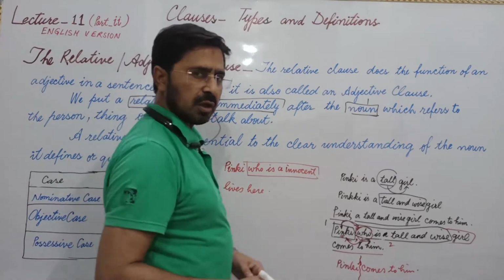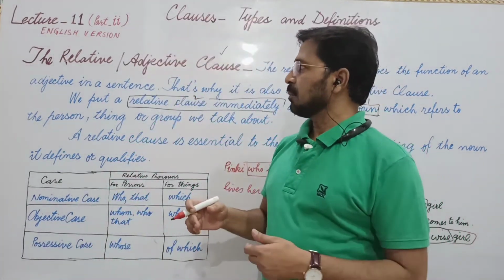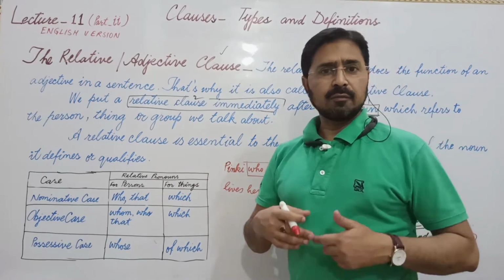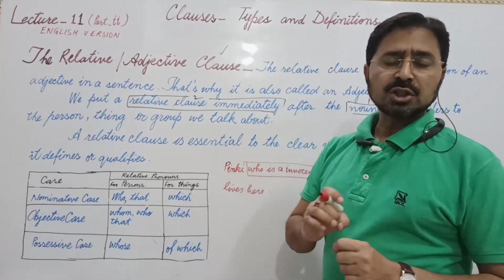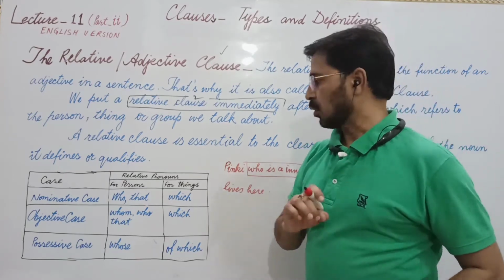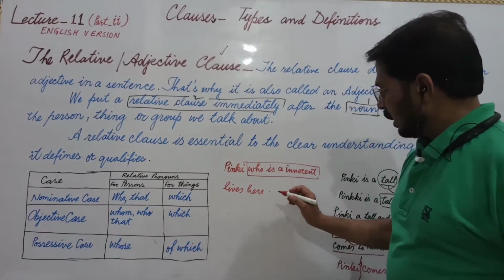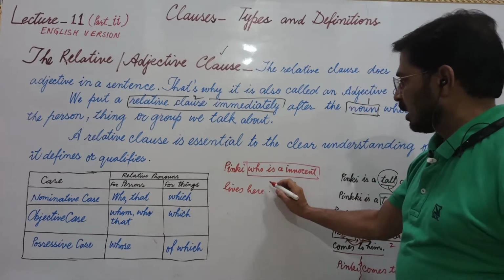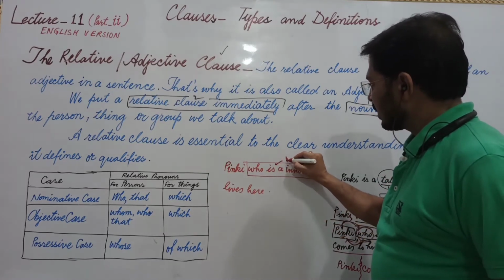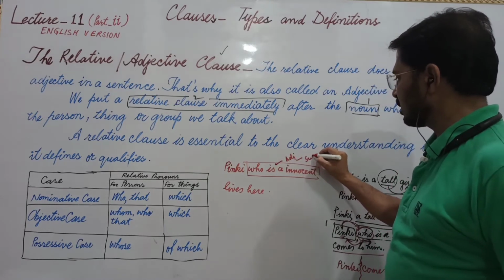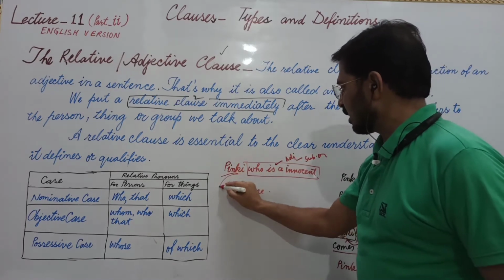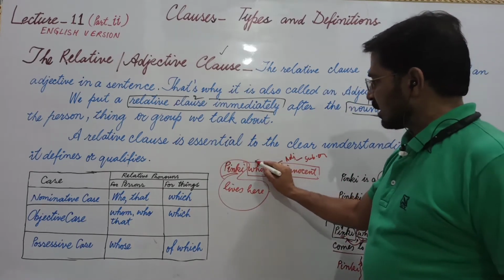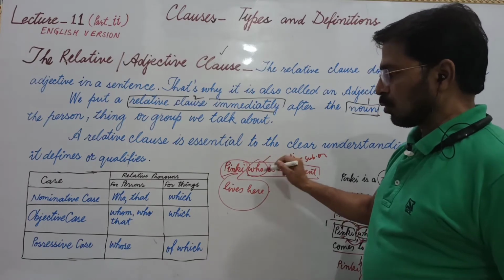Now the question of whether we should put a comma or not will be explained in your next lecture, when we teach the function of adjective clause thoroughly. Okay, you keep on watching our channel and you will come to know. Pinky, who is innocent, lives here. Now this is the adjective clause. You can also say it is a subordinate clause. And the rest of the sentence is called the principal clause. And this word is called a relative pronoun or relative adverb.